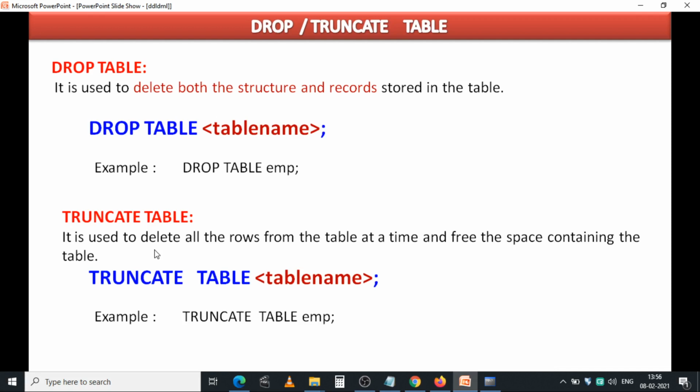But the drop command deletes both the structure and records stored in the table. So the main difference is that truncate deletes all the rows from the table at a time, but it keeps the structure in memory.